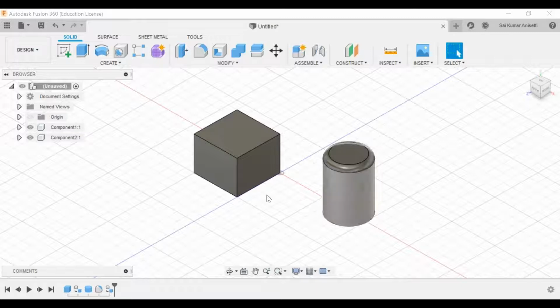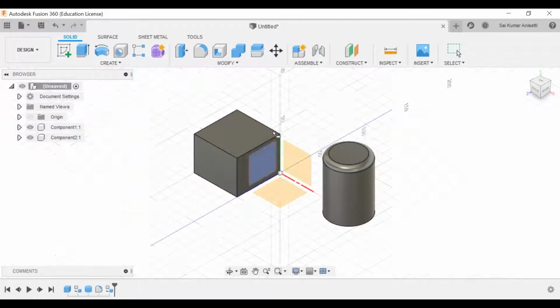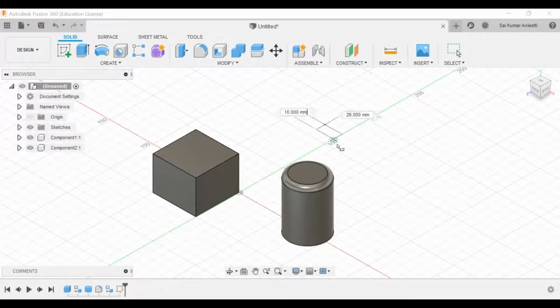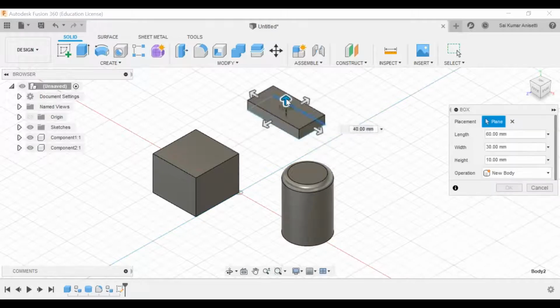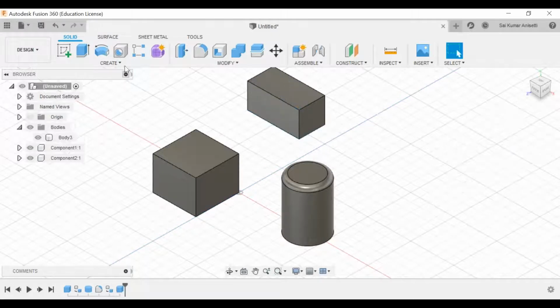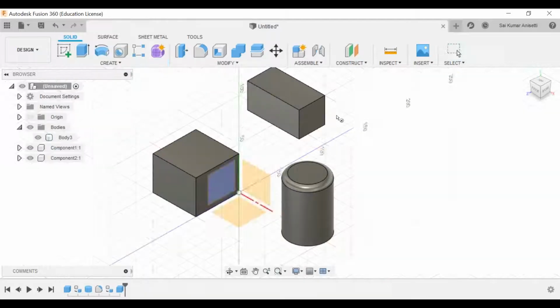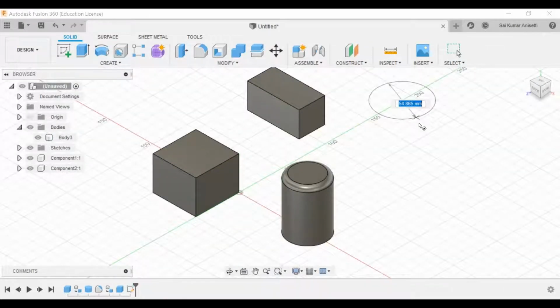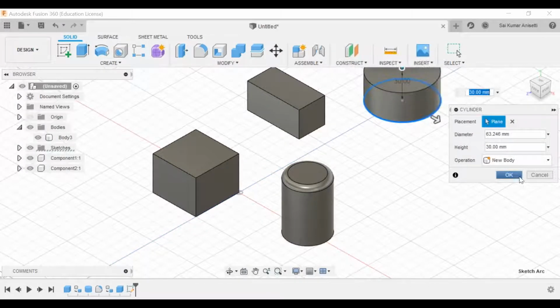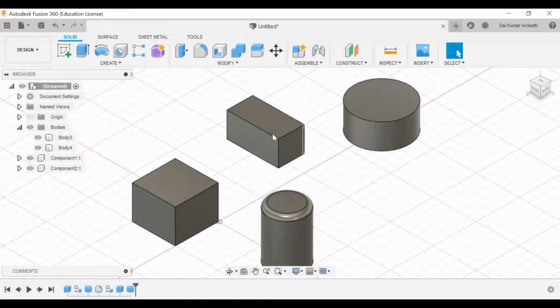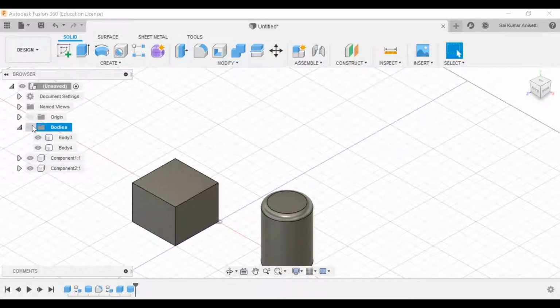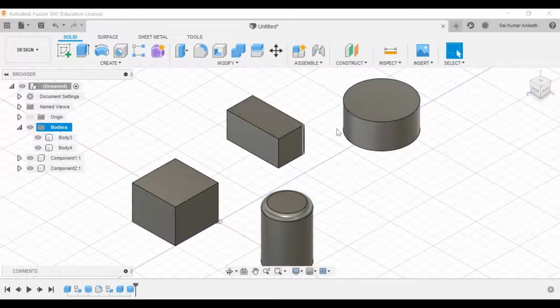Okay, now let me create the same thing using bodies. What I actually mean is, if I create another box with respect to the same plane, click OK. And if I create another cylinder which is separated by a distance, that is a new body. Now however much I separate these two three-dimensional elements, these are body number 1 and body number 2. They come under the body folder itself. If I hide them, they both hide because I did not turn them into components.